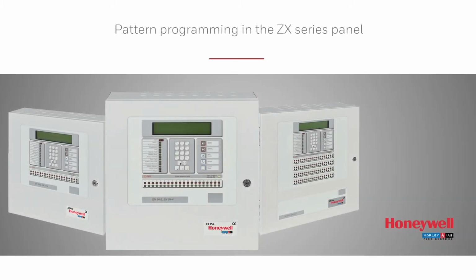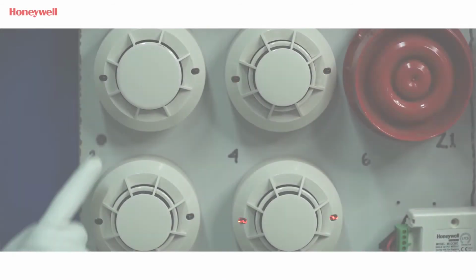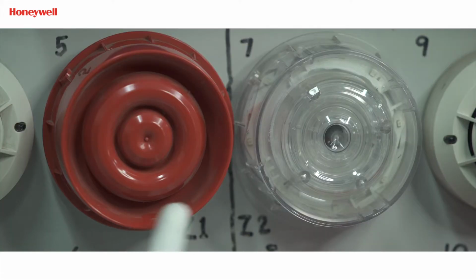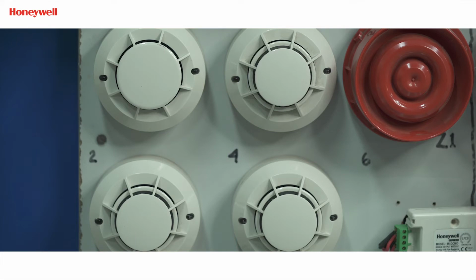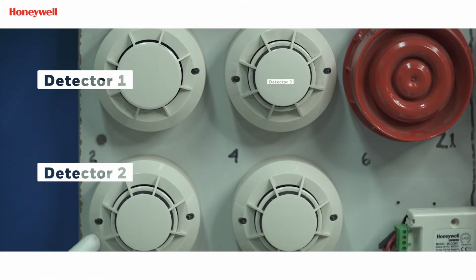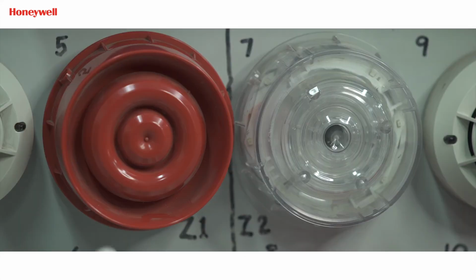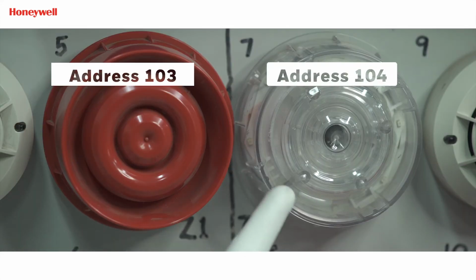In this tutorial, we will show how to create pattern in ZX series panel. Here you can see we have 4 detectors and 2 output modules connected in loop 1. We have assigned address 1, 2, 3 and 4 to these detectors and addresses 103 and 104 to our output